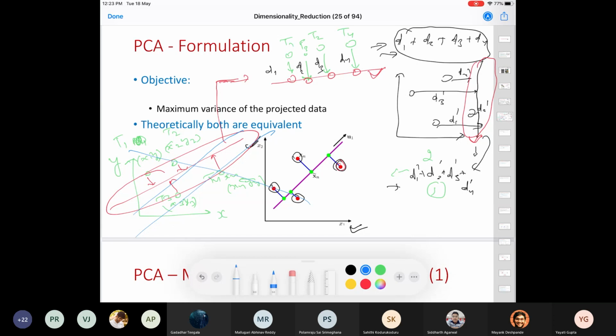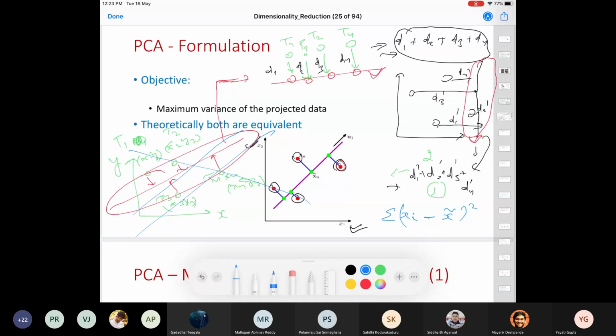Minimizing this error is called minimizing the residual error, or in certain machine learning terms, minimizing the projection error. Let me say that if the original points are xi's, and the projected points are x tilde, then you're minimizing the projection error with respect to these points.